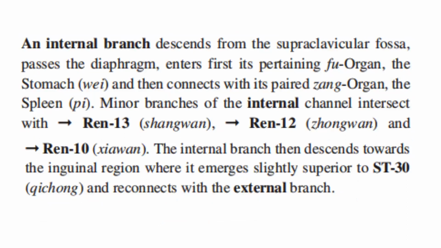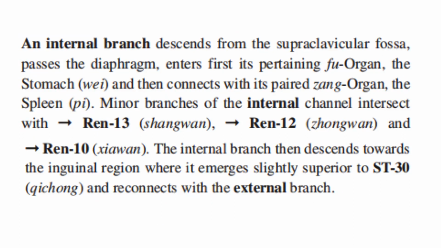An internal branch descends from the supraclavicular fossa, passes the diaphragm, enters first its pertaining fu organ, the stomach, and then connects with its paired zang organ, the spleen. Minor branches of the internal channel intersect with Ren 13, Ren 12, and Ren 10. The internal branch then descends towards the inguinal region, where it emerges slightly superior to Stomach 30 and reconnects with